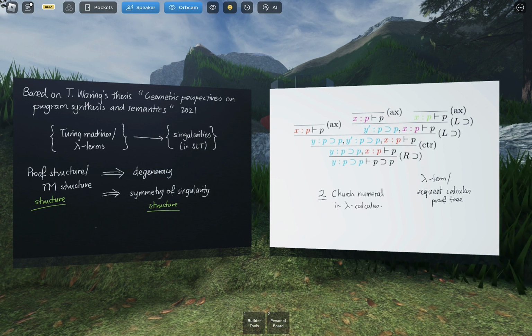Doesn't really matter. What I want you to notice is the colors. Okay, so there's a sense in which, and you can make this very precise in linear logic, the information content of a program lies in the pattern of equality of occurrences of variables. So this program here is